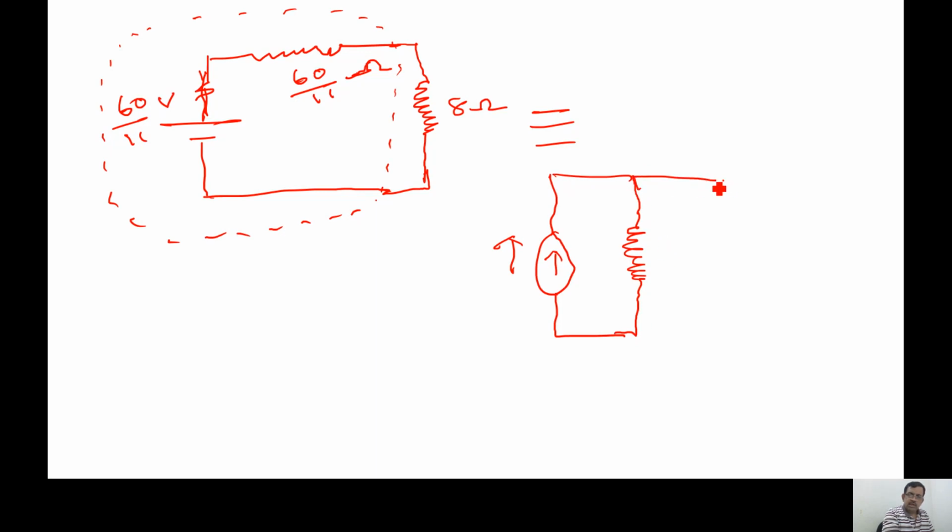By Norton's theorem, we get the same answers. So here it is like 1 ampere current. How did I get 1 ampere? Because 60 by 11 divided by 60 by 11, V equal to IR. So I will get 1 ampere with the shunt resistance 60 by 11 ohms,